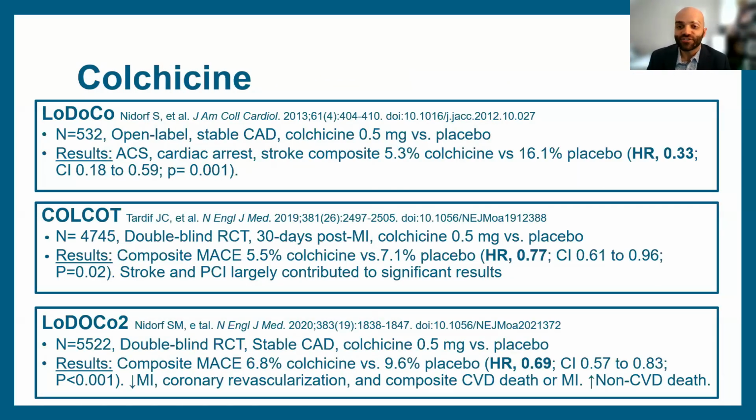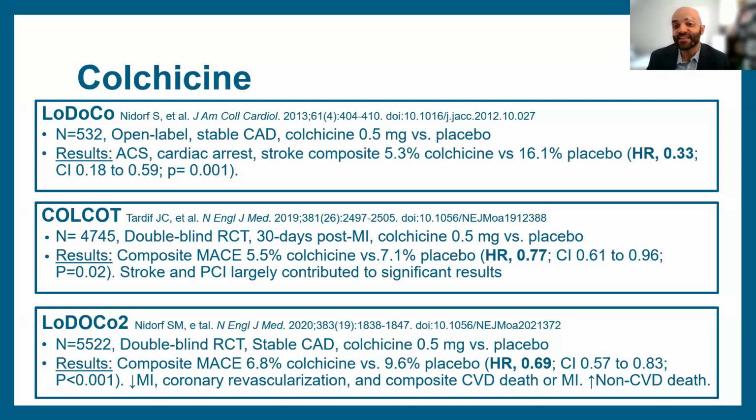Looking lastly just at colchicine, obviously some of you may be wondering what we are doing with colchicine here. It was found in a series of clinical trials looking at colchicine at 0.5 milligrams, not 0.6, which is what we typically see for gout, in different groups of post-MI or different cardiovascular populations, that it actually was reducing events. It was reducing any of those major cardiovascular outcomes in people with established risk, right?